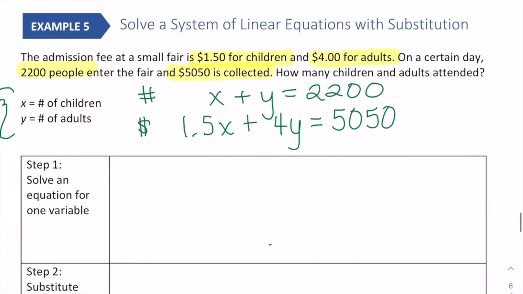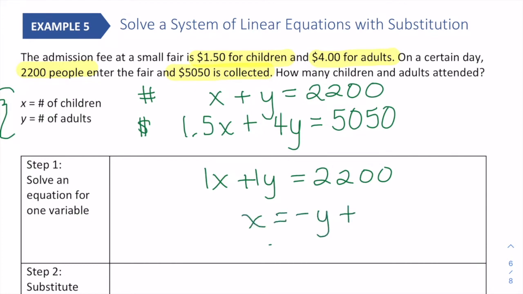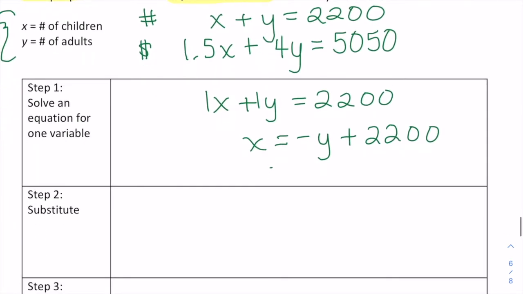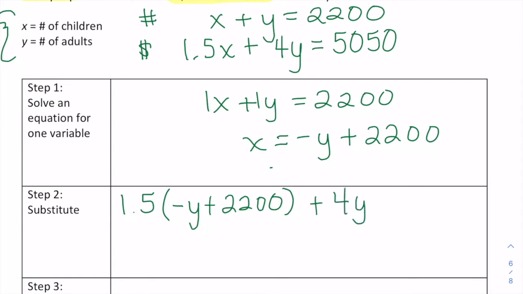Okay, setting up those equations is probably the toughest part. Now let's go to substitution. There is one equation, the first one, that already has 2 variables with a coefficient of 1. So you can choose whichever variable to isolate. Here I'm going to isolate x and subtract y from both sides. So x equals negative y plus 2,200. Now I'm going to have to substitute that into the second equation. So we have 1.5, and instead of x, I'm going to plug in negative y plus 2,200, plus 4y equals